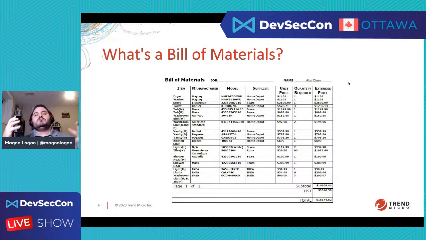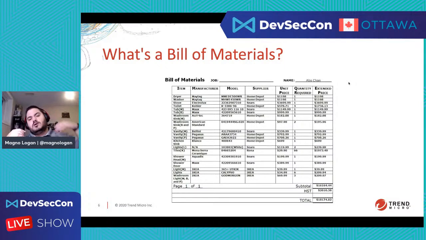So the bill of materials is basically a document, or there is an example here on the slides, a representation of the list of components or ingredients that I use to make a product, right? For example, here we can see a list of materials for probably building a house, right?